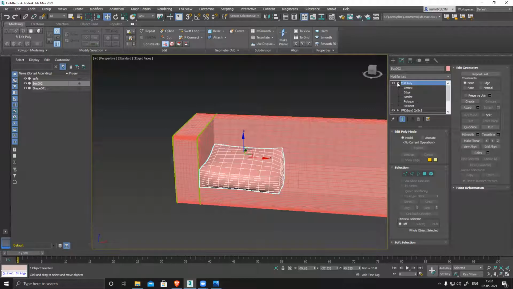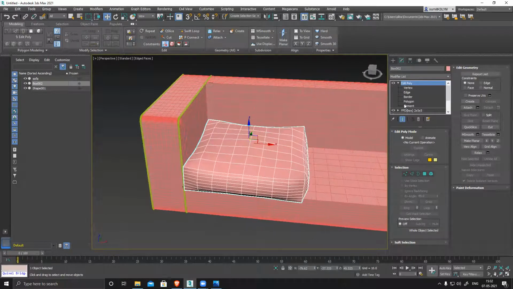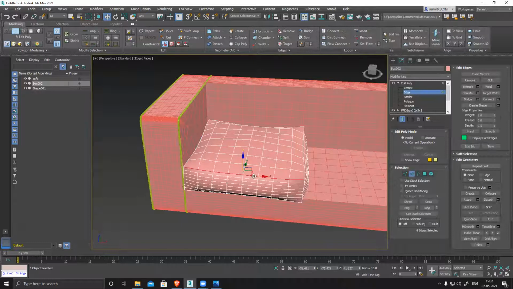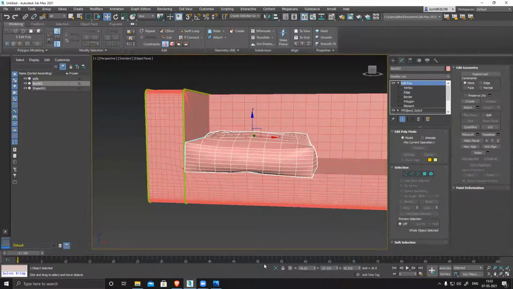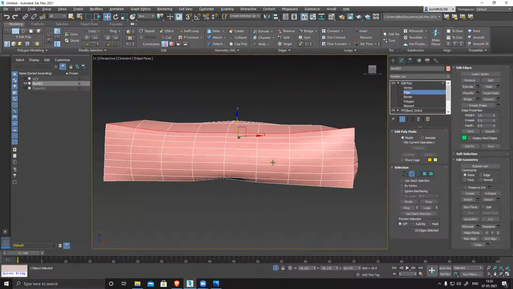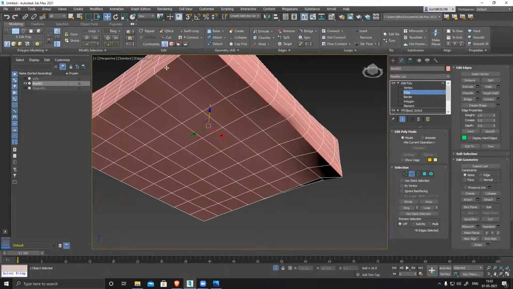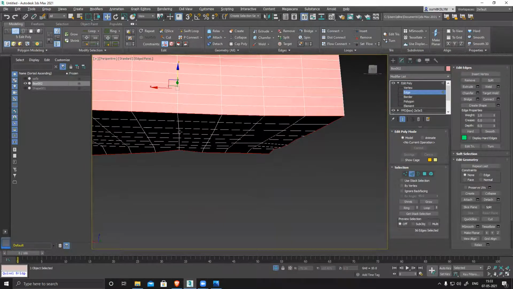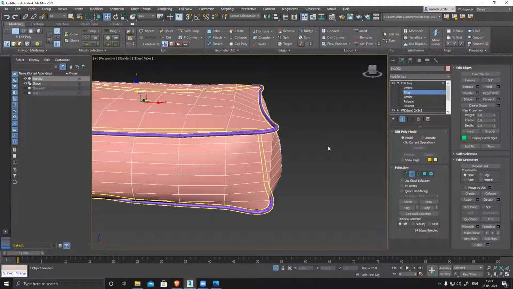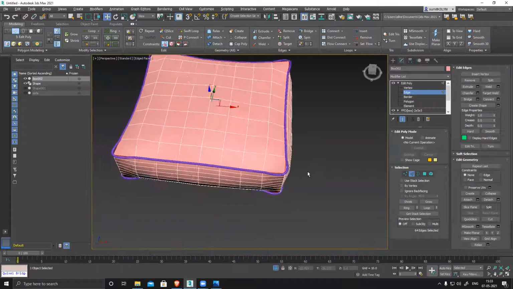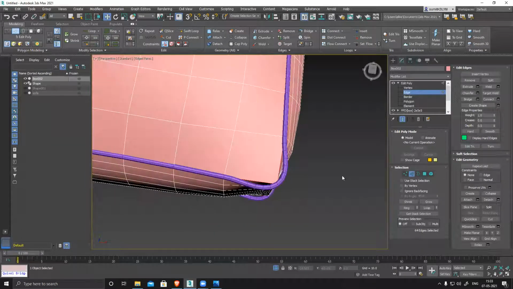So now edit poly, and after doing this, I'll go to edge and double click, double click, double click, and double click. Similarly, I can just simply isolate this edge. Select them, create shape, and my thickness I have previously applied, so it will automatically apply here. That's the best thing. But you can see it's changing the shape.